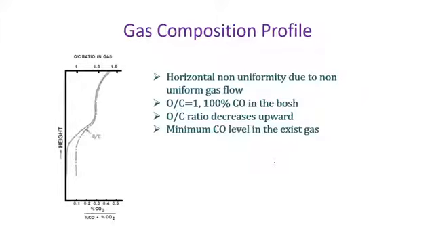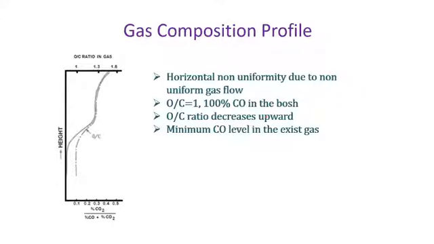So the permeability of the horizontal plane may vary from center to periphery. Also, during charging there may be segregation, or there are much chances of segregation during the course of charging, any type of charging you go for. Due to this segregation, the bed permeability also varies. So for a particular horizontal plane, the permeability from the center to periphery may vary. So there is non-uniformity in the gas flow, and in gas composition also.